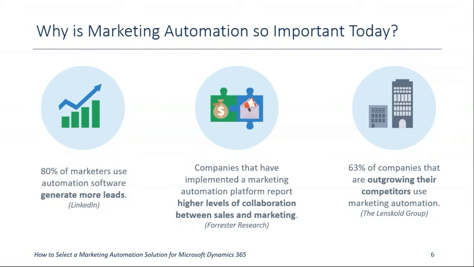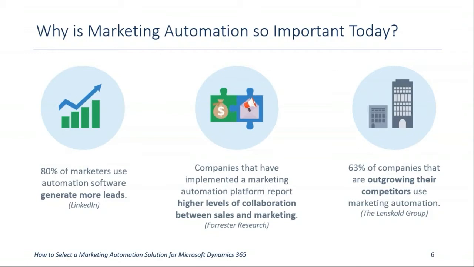Also, companies that have implemented a marketing automation platform report higher levels of collaboration between sales and marketing. I know that stands true for our organization, so we have full visibility into what marketing is doing for sales and how sales is working, the opportunities marketing is actually generating, which really allows for transparency and an open dialogue